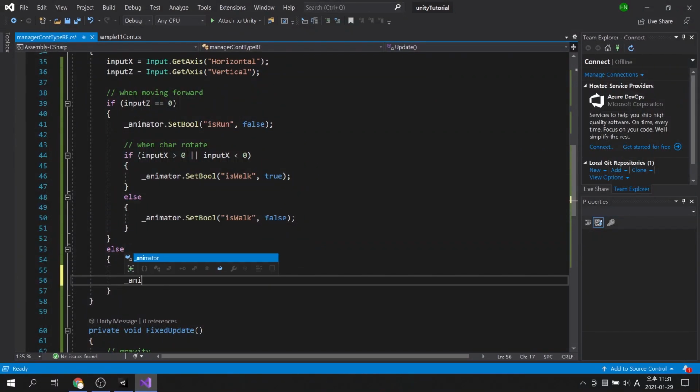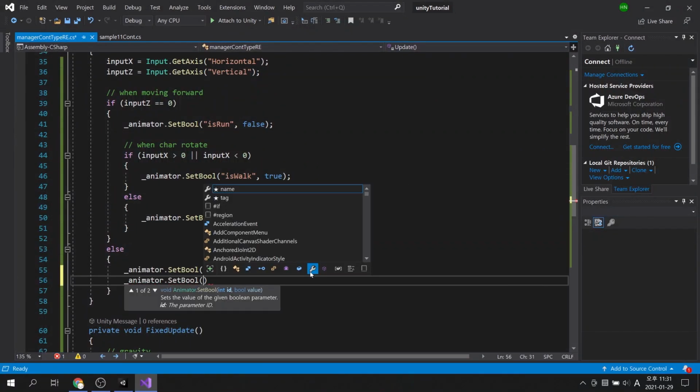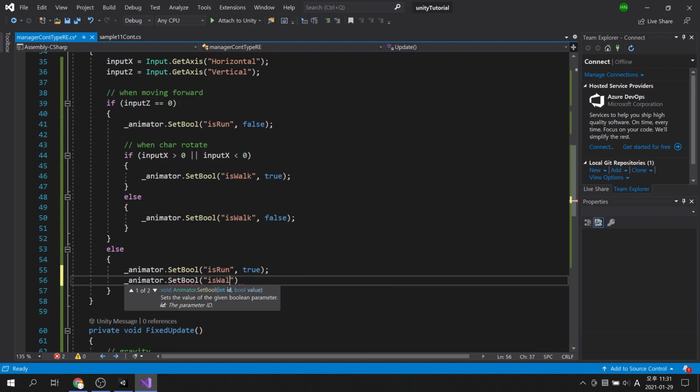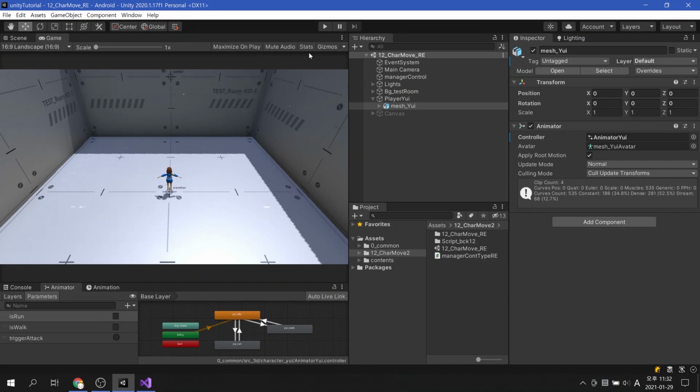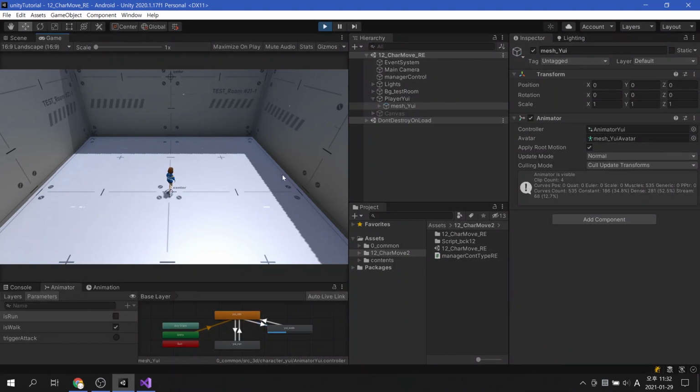If the running animation is playing, it can be solved simply by making the walking animation inactive. Now you can see that the animation plays perfectly as the character rotates and moves.